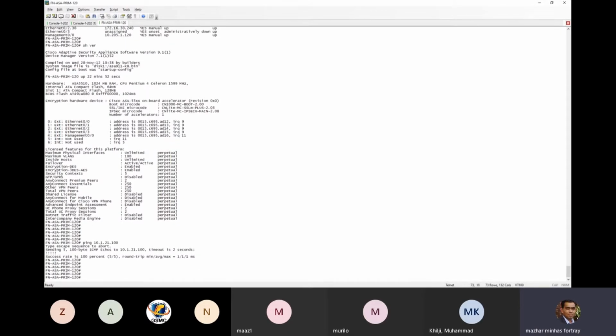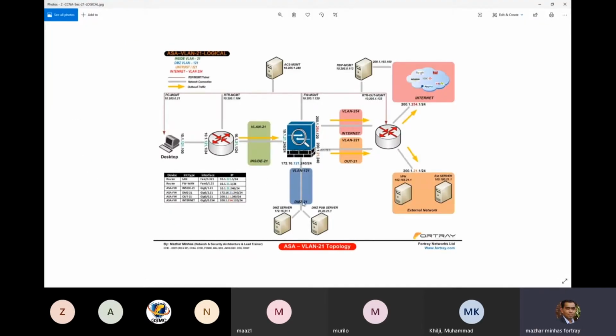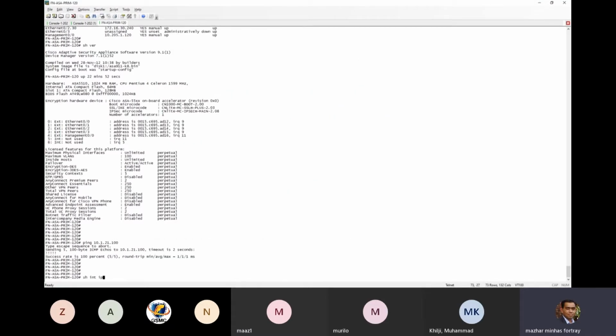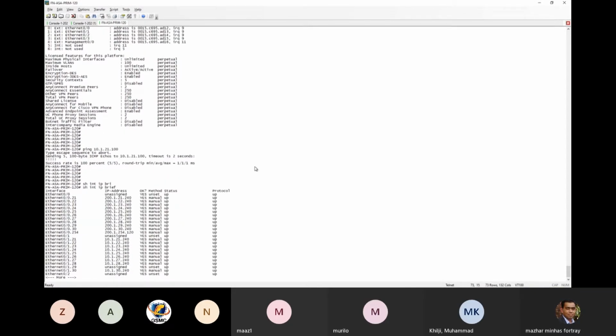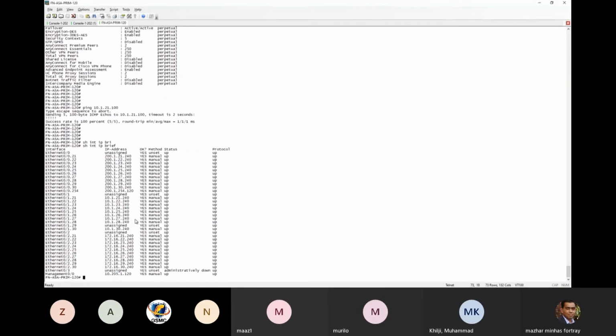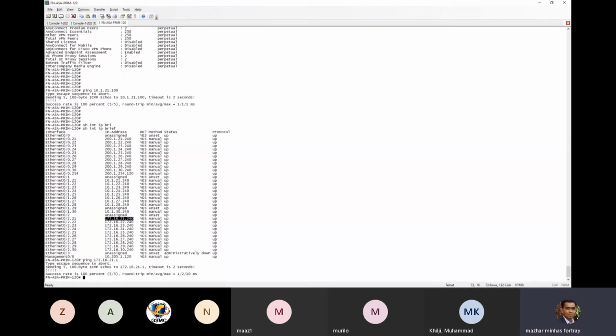Then from the firewall point of view, there is another diagram we need to test. Can we ping the DMZ interface? The DMZ interface is 172.16.121. Let's check. Right, so you can ping the DMZ side as well.